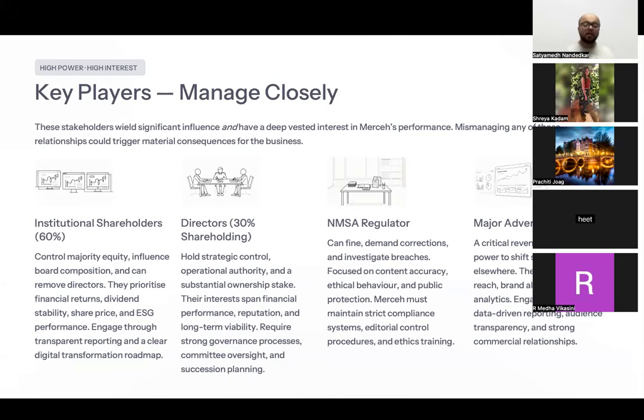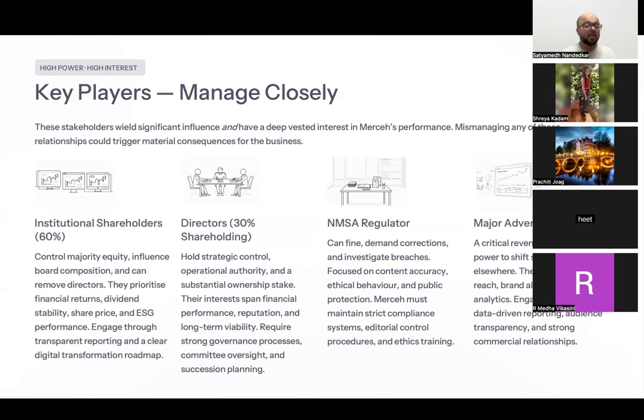if it is not aligned with certain points that the company has in mind, or the way the company is conducting the business does not fall in line with the rules and regulations, they can impose fines, they can investigate deeper breaches, they might lead to closure of the business or temporary suspension of license with the regulatory body. And then you have the major advertisers, which is basically a critical revenue source with the power to shift